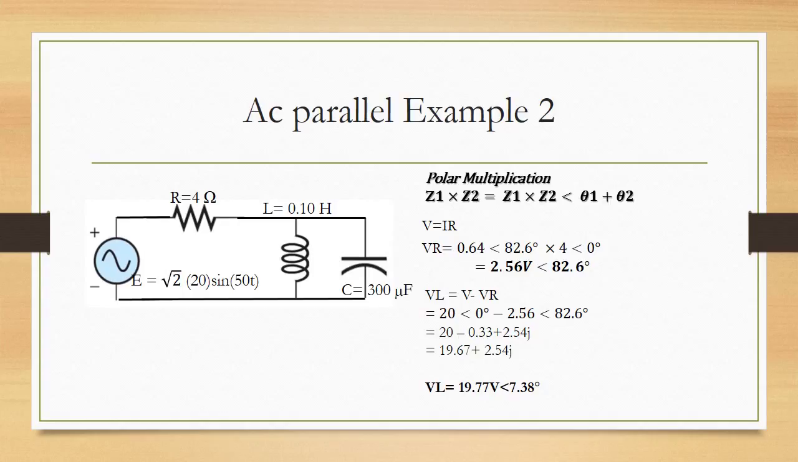For C, we must find the voltage across the inductor. To do this, we must find the voltage drop across the resistor first, using polar multiplication, which gives us a result of 2.56 at an angle of 82.6 degrees. We must then subtract the voltage drop from the power source, which gives us a voltage of 19.77 at an angle of 7.38 degrees, which gives us a total result